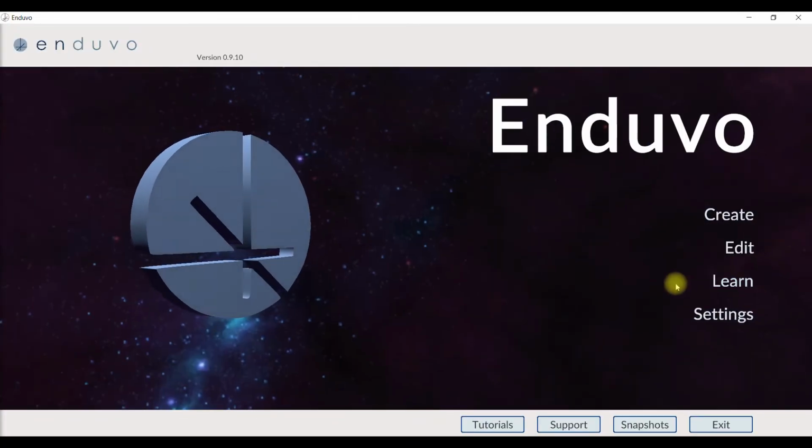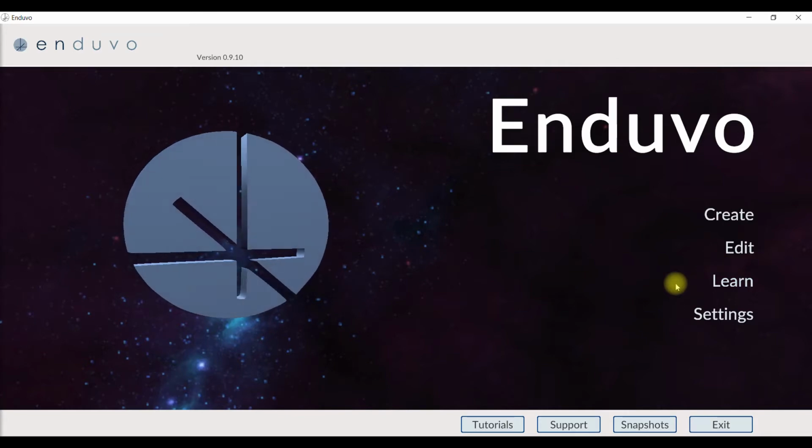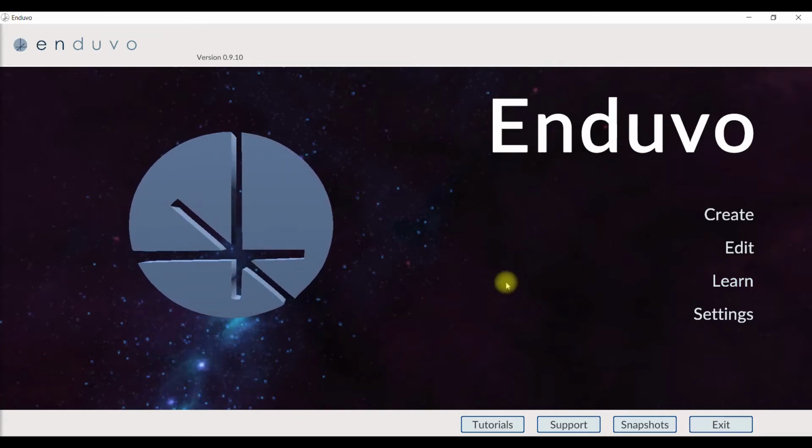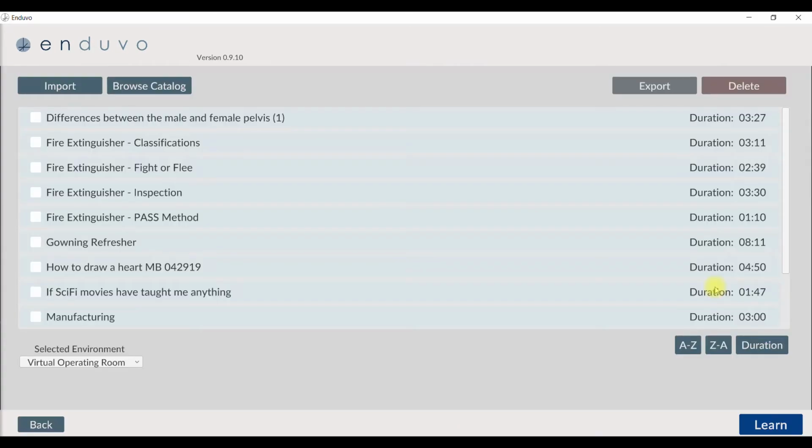Welcome to Induvo. To start learning, you'll launch our desktop app, and from the desktop app, you'll click on the Learn option. From here, you'll see a catalog of available lessons. You can also select your learning environment or classroom. Once you've selected your desired learning environment, you can click on the Learn button to launch VR and to start